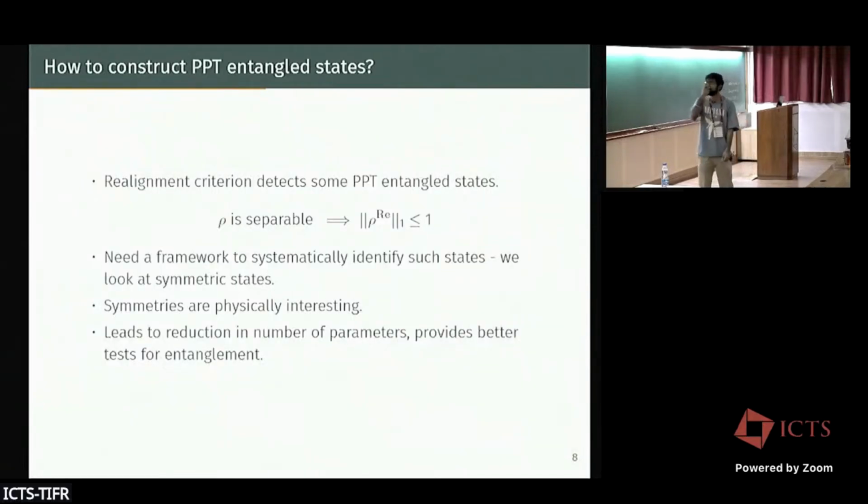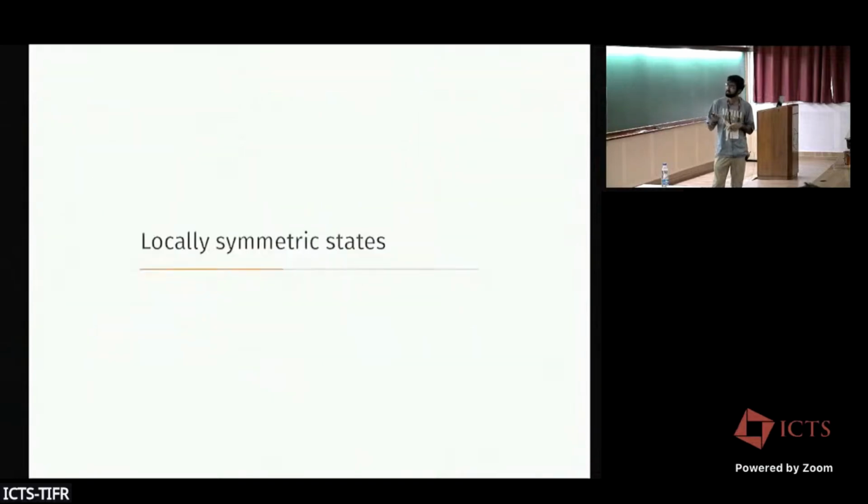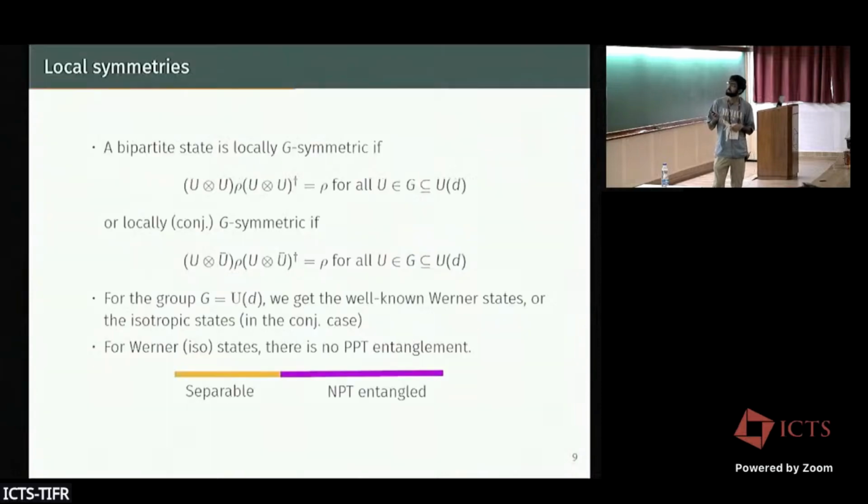So how do we detect or construct these states? The realignment criterion, which was presented by Ion in his lectures, can detect some of the PPT entangled states; it just takes the realignment and checks the norm. But we need a framework to systematically identify these states. So we look at symmetric states. Symmetries are also physically interesting, and they lead to a reduction in the number of parameters and provide better tests for entanglement. So, locally symmetric states: a bipartite state is locally symmetric if